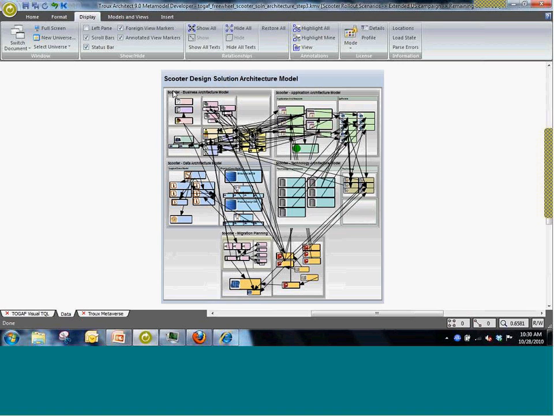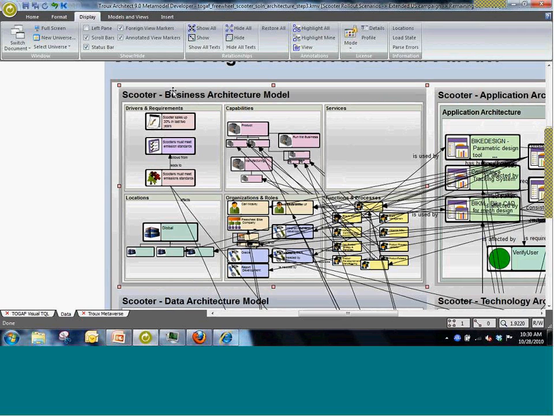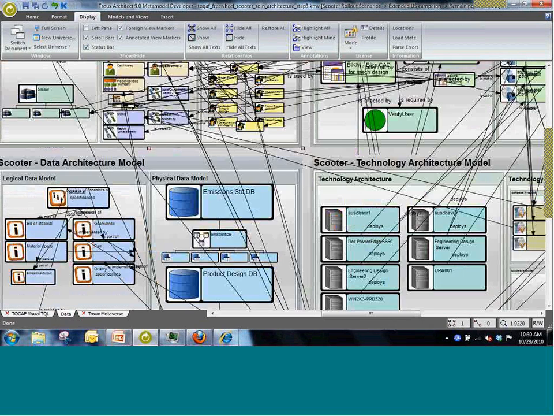And so, for example, if I need to, I can zoom into the business architecture model. I can add in detail the application architecture model, the technology and data architecture models, and how they relate to each other. This ability is available to the modeling users, and we even support export to Microsoft Office Suite for communication to other stakeholders.